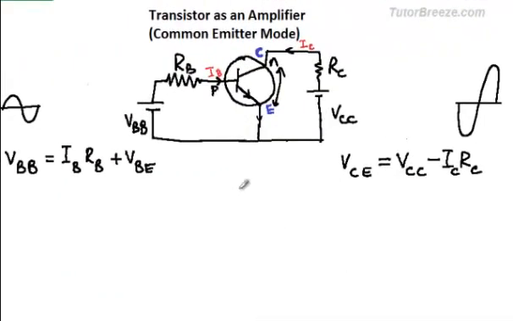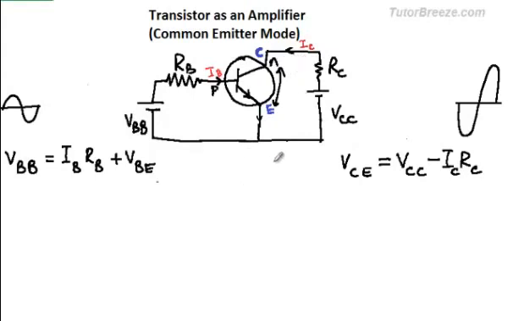Okay, now we come to the main part of how this works as an amplifier. See, there is a link between the input and the output circuits. The current in the output circuit IC varies with the current in the input circuit IB. If IB increases, then IC also increases. If IB decreases, then IC also decreases. We'll take a look at the output characteristics of a transistor to understand this in a better manner.